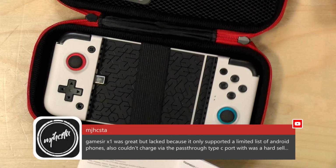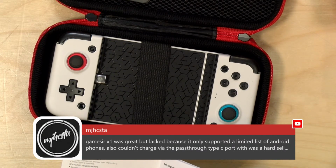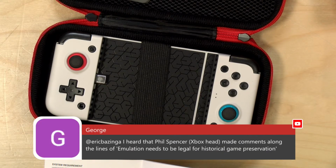And the problem with the first version was that it only supported a limited list of Android phones and couldn't charge via the pass-through Type-C port. So hopefully that's going to happen here, because I have a Pixel 6 we're going to plug it into, and we'll see how it goes. And I would agree with this statement,